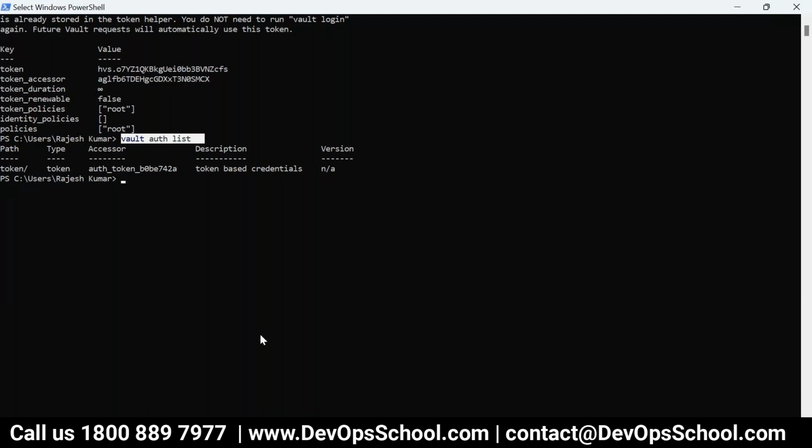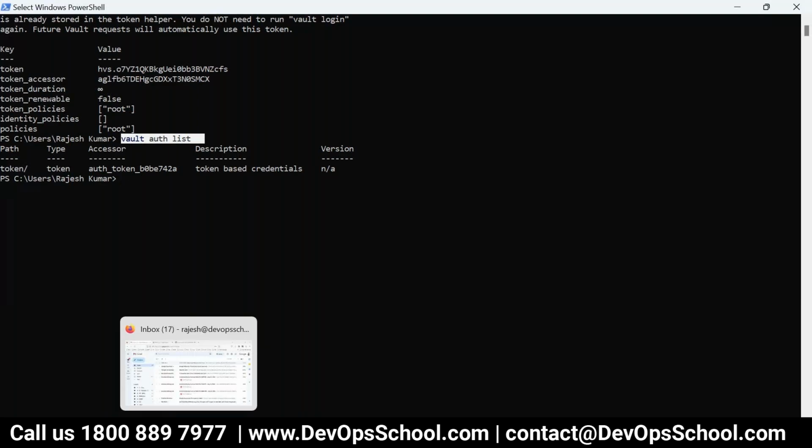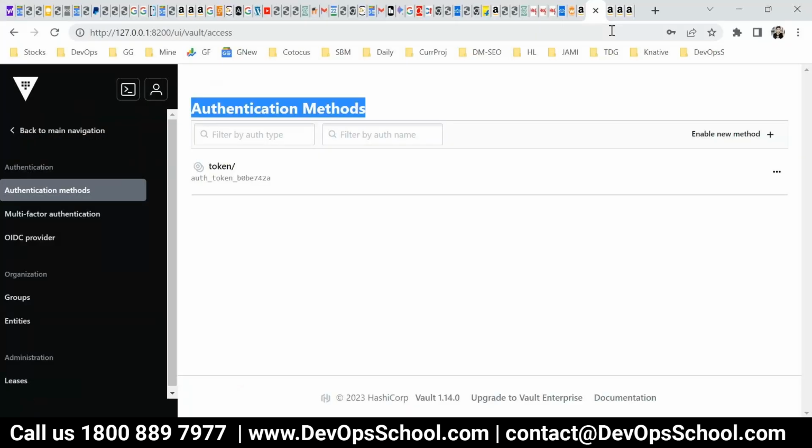Authentication method. That means we are playing with the authentication method. No secret, no key, no storage, only authentication method. It means how a person or software or script can log into Vault. Okay, so now in that context,